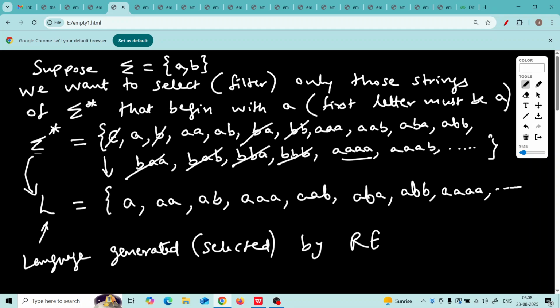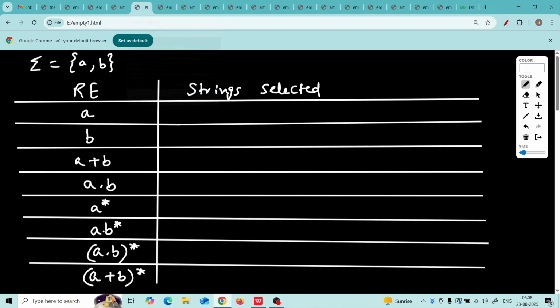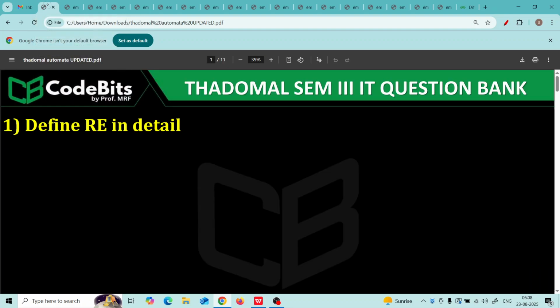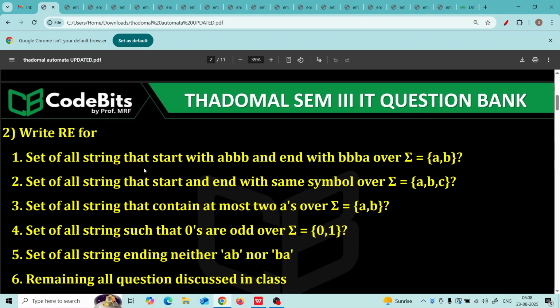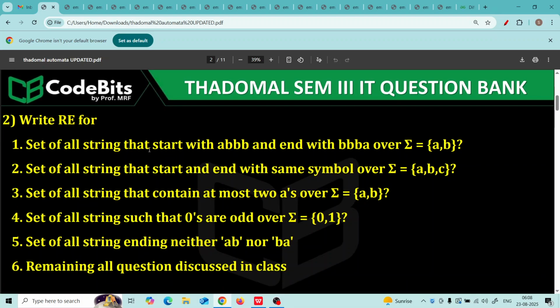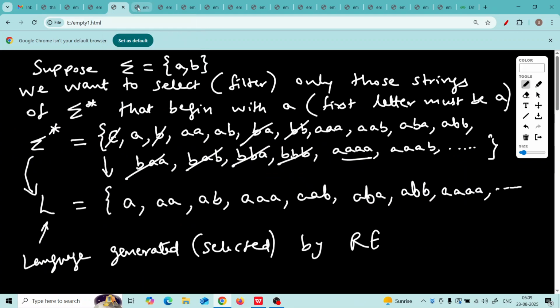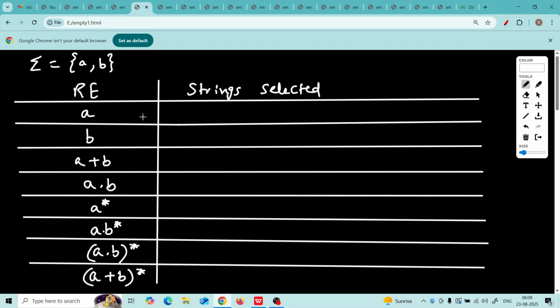Rule is first letter should be A. Okay, that's it. Now I will go to a big table here, and we will see several examples of regular expression. Once we have seen this, then I will come to the definition and I will solve these problems. But these problems will be cakewalk for you. Very simple it will be. Okay. So let's see a big table.